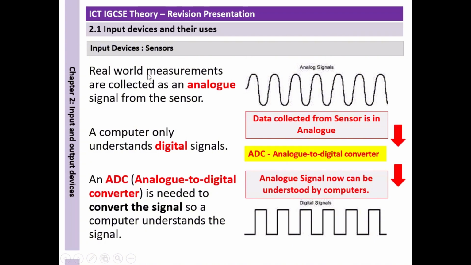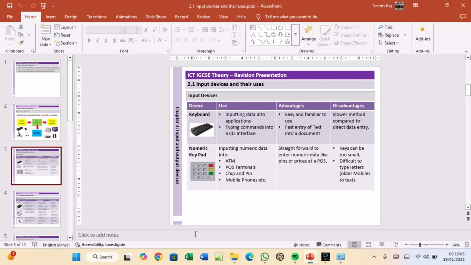And then real-world measurements are collected as analog signals from the sensors. So the sensors collect analog, and the computer only understands digital signals. After you have input the analog, you'll need a device called the ADC. The ADC will convert analog to digital. So an ADC, analog to digital converter, is needed to convert the signal so the computer understands it. So that marks the end of